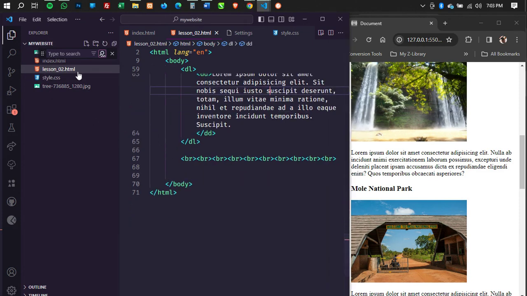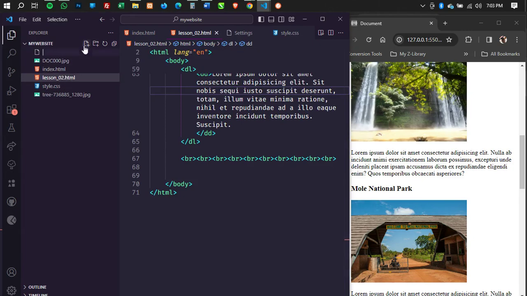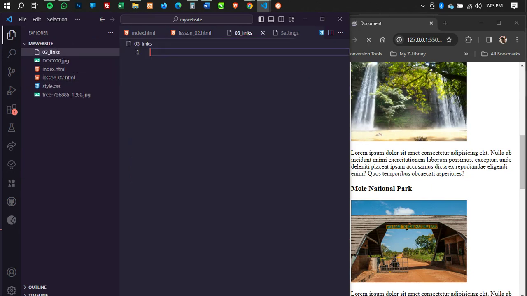Okay. So I'm going to create another file in my project folder. I'm supposed to name this lesson two. Okay, so let me name this lesson three, 03 links.